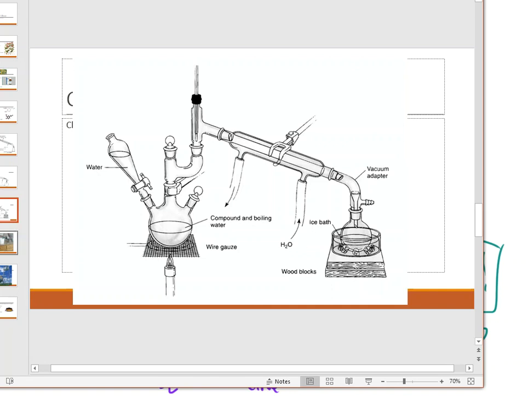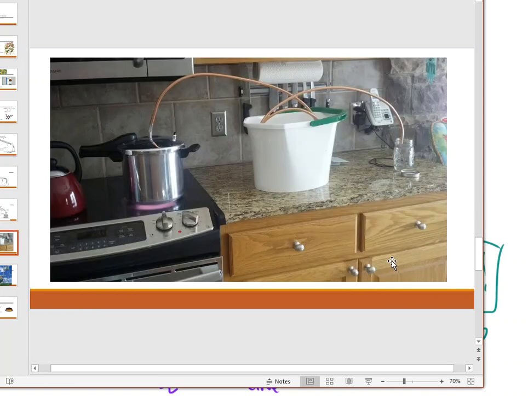If you want to extract essential oils at home, you can do this. You can set up your own steam distillation, and the way that you would do it is that you would take a pressure cooker. So the pressure cooker is going to cook things at a higher temperature. That's why things cook faster in a pressure cooker and why people use them. So inside of this would be your clove bud and then some water. You're going to